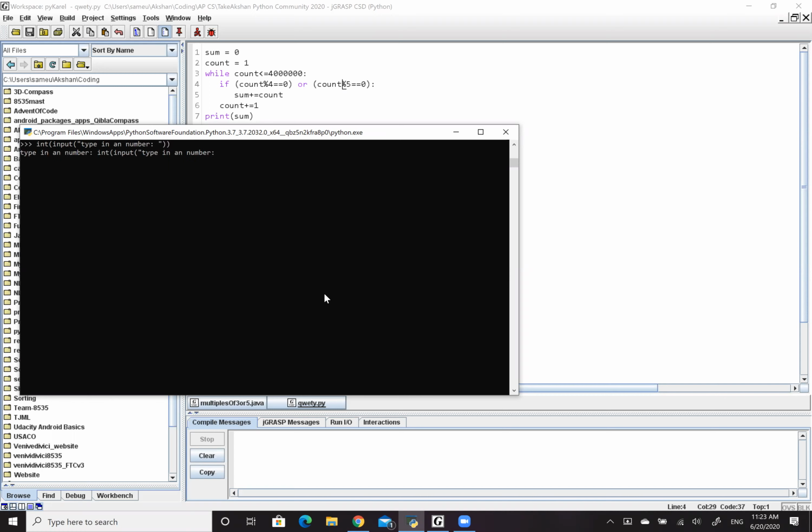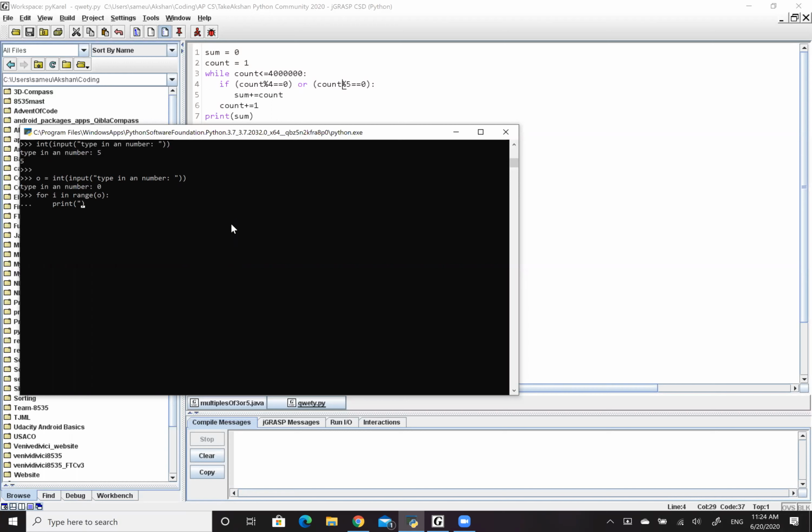So o is going to be the number that we type in. So maybe o is, let's say o is 0, and then for i in range o, we're going to print out